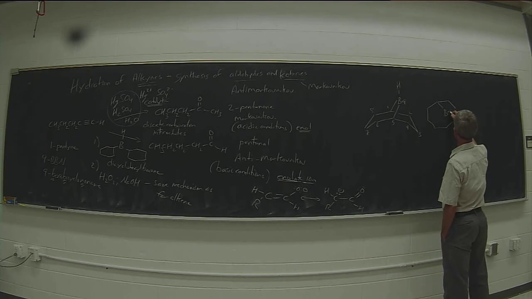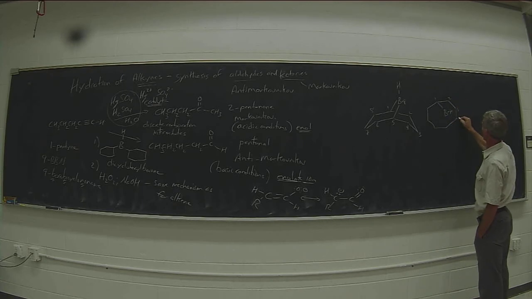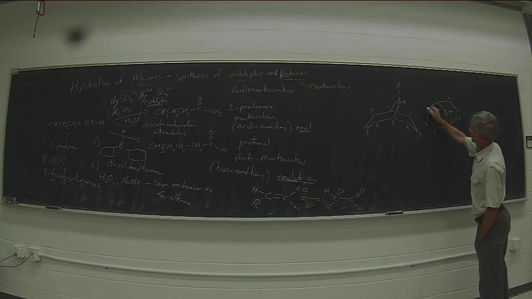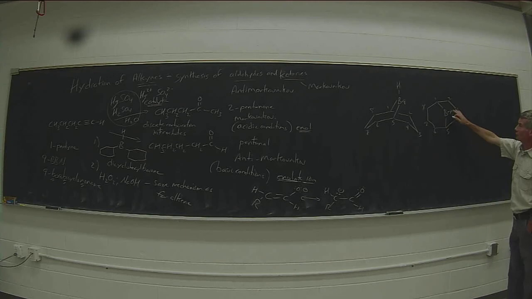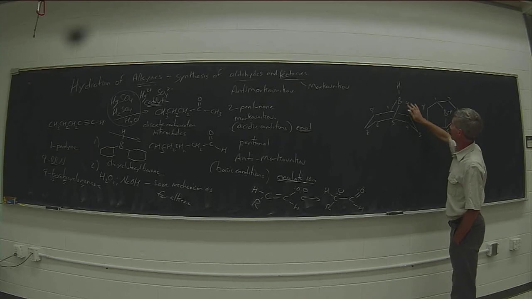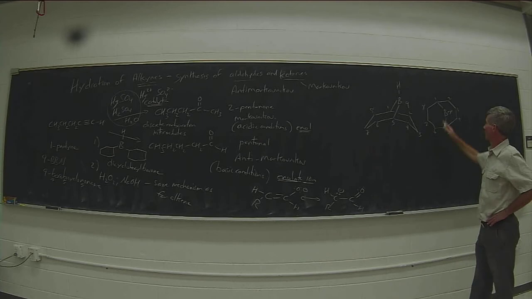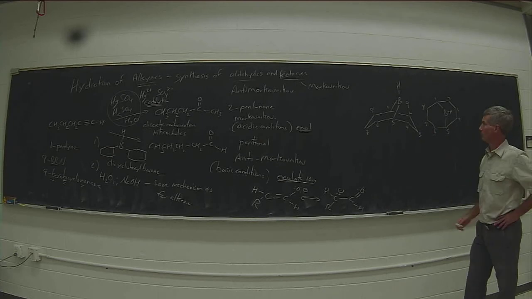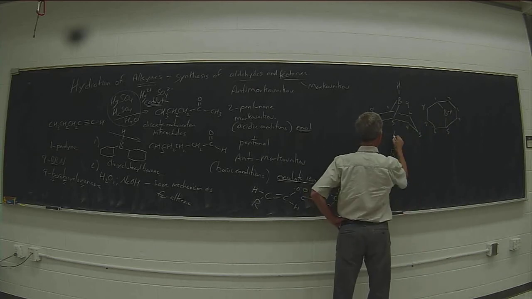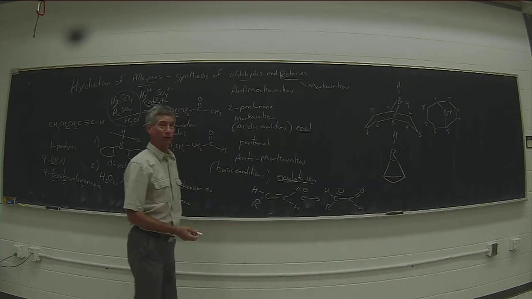You could also draw it in planar form looking like this, where you've got a boron bridging across the position from carbon 1 to carbon 5. So it's basically two cyclohexane kind of rings, with one hydrogen on the boron. It's kind of like dicyclohexylborane, except now the boron is bridged. And it's often abbreviated so we don't have to draw that whole molecule, by drawing kind of a little parachute like that.